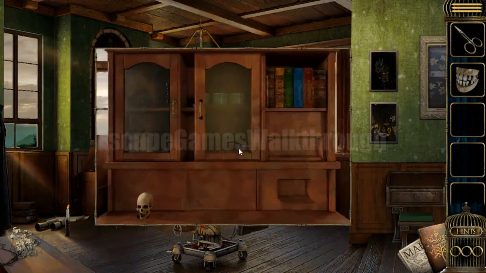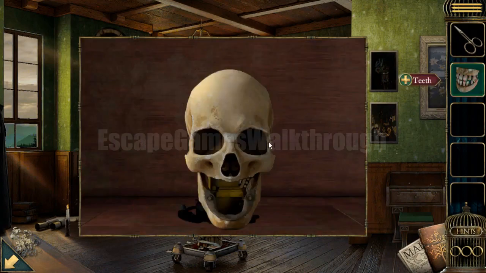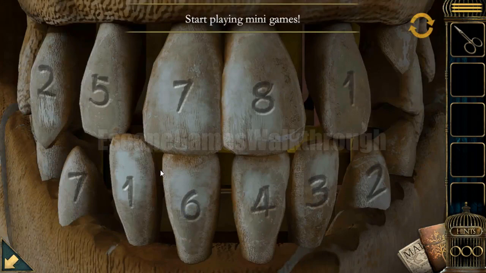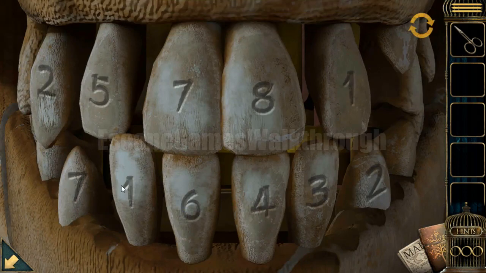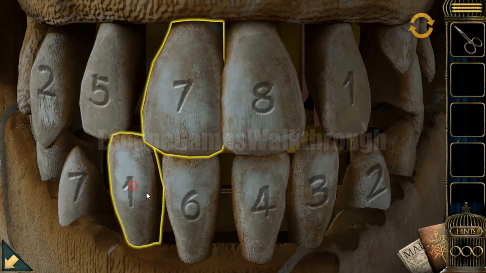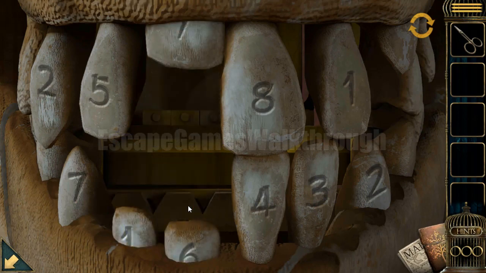Going backward, we have a jaw from that skull, and now we need to solve another puzzle. We need to remove teeth from top and bottom jaws, and the way that the sum of bottom and top are equal. For example, 7 is equals to 1 and 6. Then 5 is equals to,